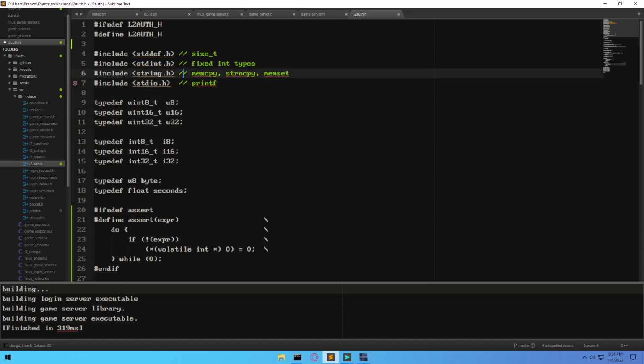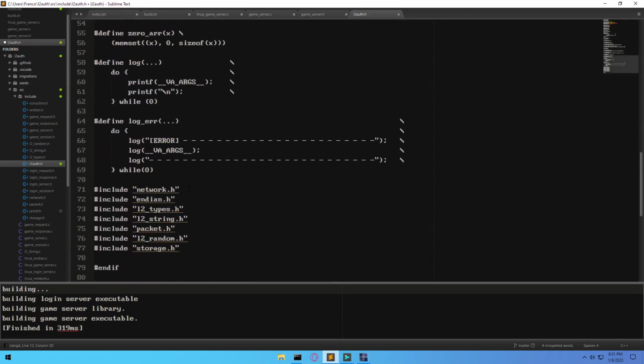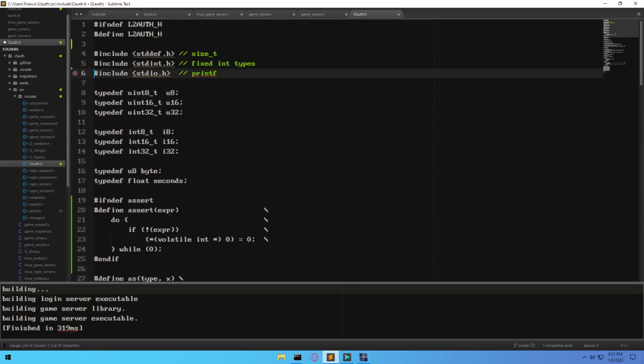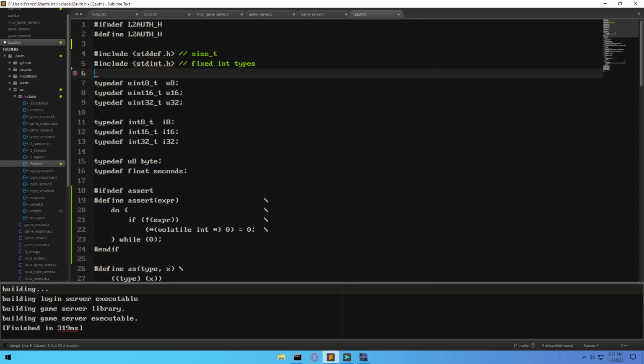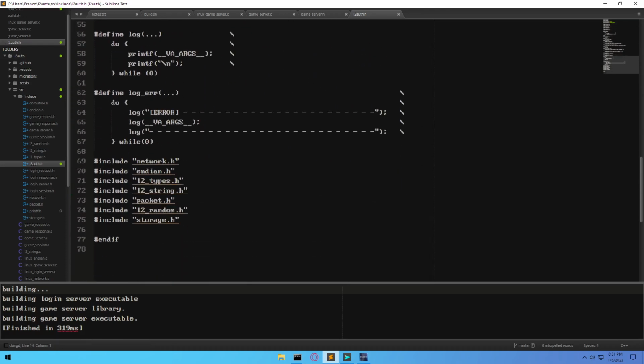So I guess we don't need to add that. The integer types, we're gonna leave that as well. The string, this one, we don't want to. So let's get rid of that, and we can also get rid of the printf as well. Okay, and then